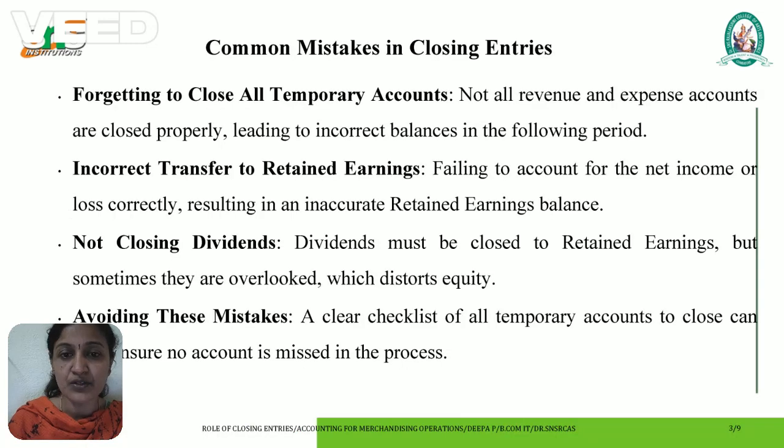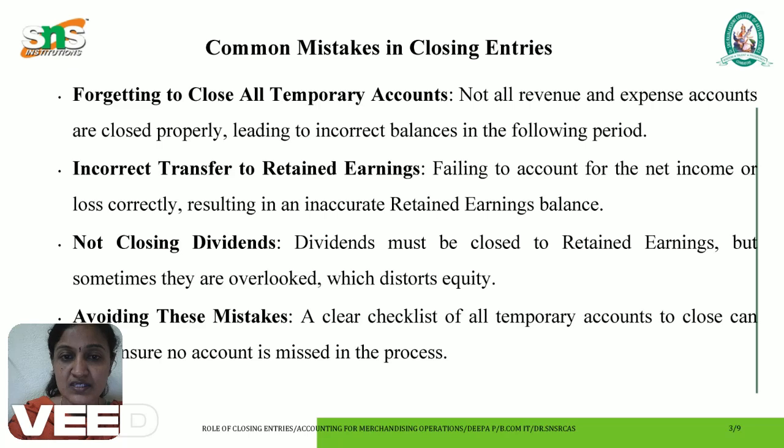The next is forgetting to close all temporary accounts. Not all revenue and expense accounts are closed properly, leading to incorrect balances in the following period. Incorrect transfer to retained earnings. Failed to account for the net income or loss correctly, resulting in an inaccurate retained earnings balance. Not closing dividends. Dividends must be closed to retained earnings, but sometimes they are overlooked, which distorts equity. To avoid these mistakes, a clear checklist of all temporary accounts to close can ensure no account is missed